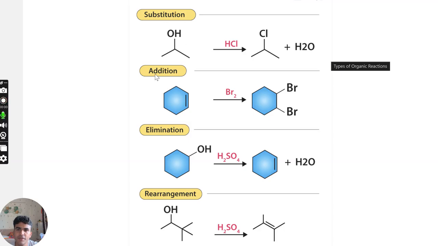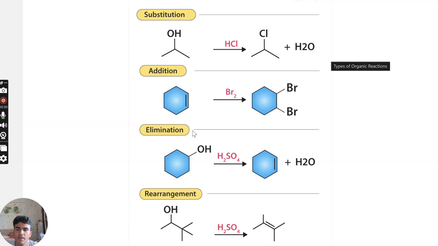That is substitution, addition, elimination, and rearrangement. These are the main 4 types of reactions. Also, there are other types of reactions. So in a substitution reaction, as you can see, one group will be substituted by another group. That is a substitution reaction. Addition reaction means one molecule will be added to another molecule and the product will